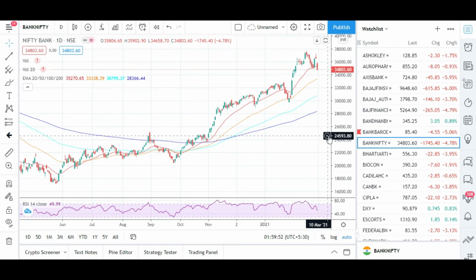And if you're taking trades based on this, you can keep the stop loss below the 50-day moving average in case of strong uptrend, and above the 50-day moving average in the strong downtrend when you are looking for shorting opportunities. So friends, this covers the theory part. Let us see in our dashboard how you can use this combination in order to filter out the stocks.